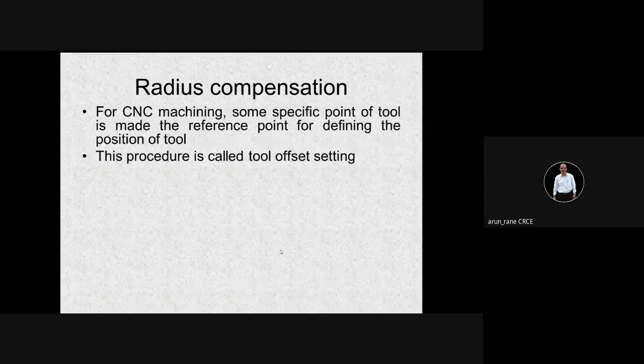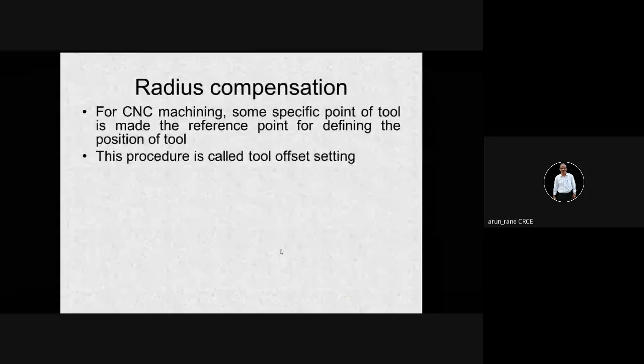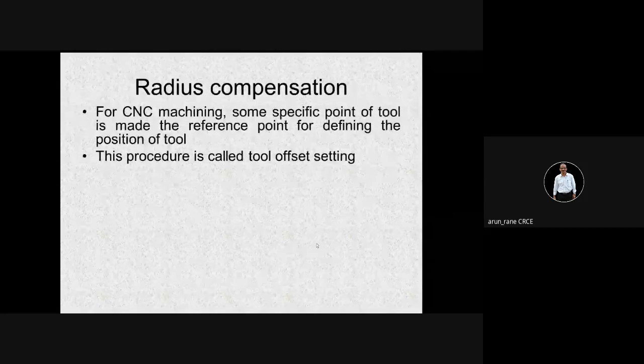For a simple program it is fine, but for a complicated program it is difficult every time, and it is going to take a lot of time. So that's why you have a feature called radius compensation, a standard feature available on milling machines or machining centers. It is also called tool diameter compensation. Similarly, you have one more feature called tool length compensation, which we'll also discuss. So tool diameter compensation and tool length compensation are important features available on the machines.